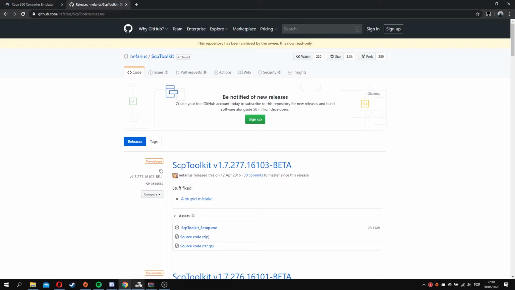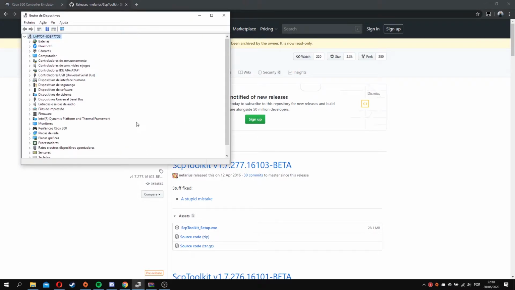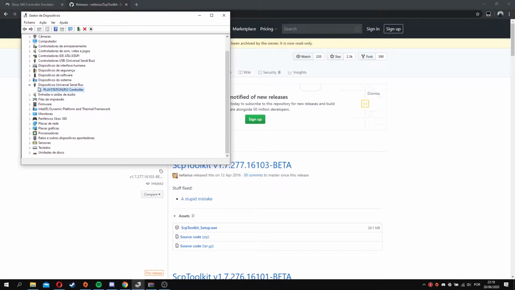Your controller, if you come to the Device Manager, should now show up. First, it'll just show up here. And if you try to open controllers, it won't show up. As you can see, it just says it's a USB device. Apologies, because this is in Portuguese, I can't switch my Windows language just for this. But now, down here, you'll see Xbox 360 peripherals. What this is doing is it's just installed a dummy driver for an Xbox 360 controller, so that your computer thinks that you have a 360 controller connected.